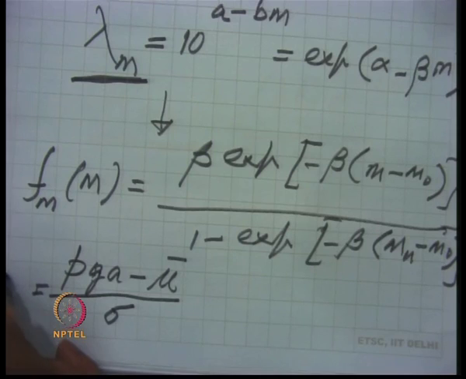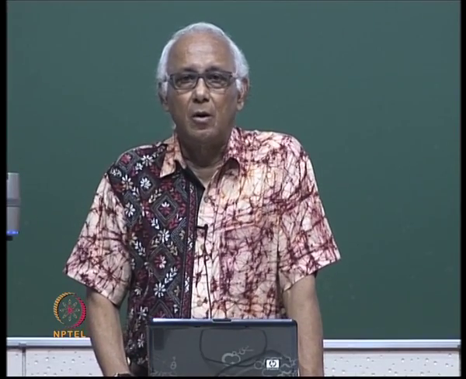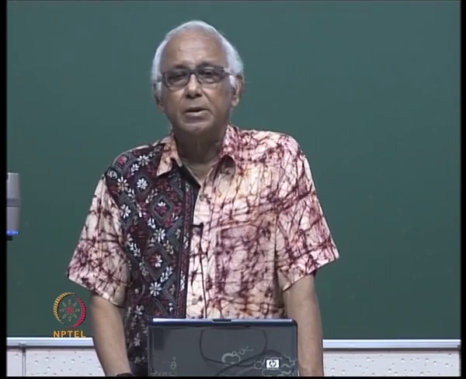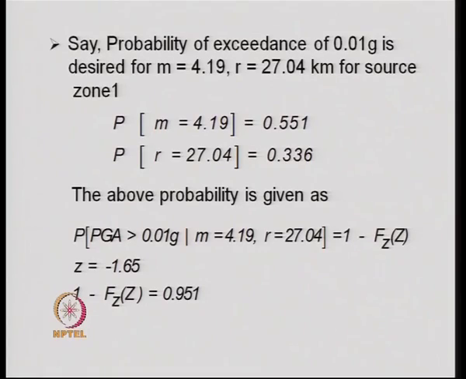This is the quantity Z. Now, one can find out this normalized quantity, and since it is assumed that the peak ground acceleration varies log normally, therefore this normalized quantity also varies log normally. And there are standard tables from where one can find out this probability function, that is F_Z(z), for a given value